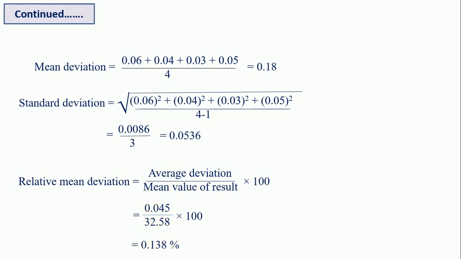So in this way we can calculate the deviation, mean deviation as well as standard deviation, or average mean deviation. These are the values we can calculate by using some individual results. So this is about the methods which express the precision, which express the error in the measurements.